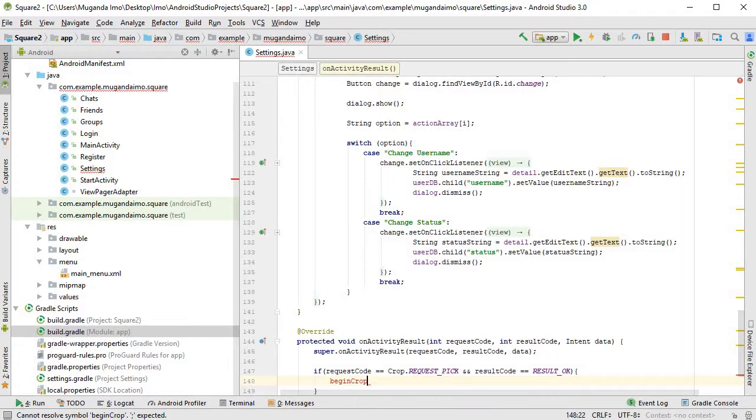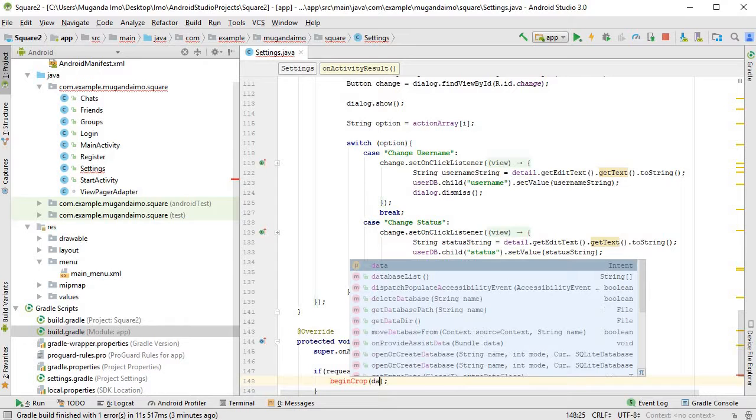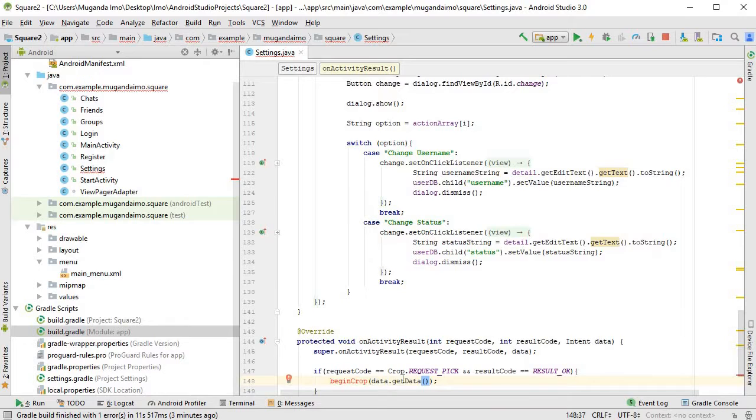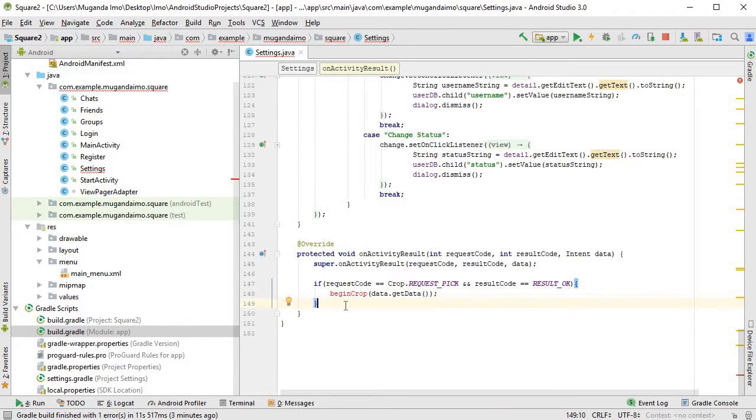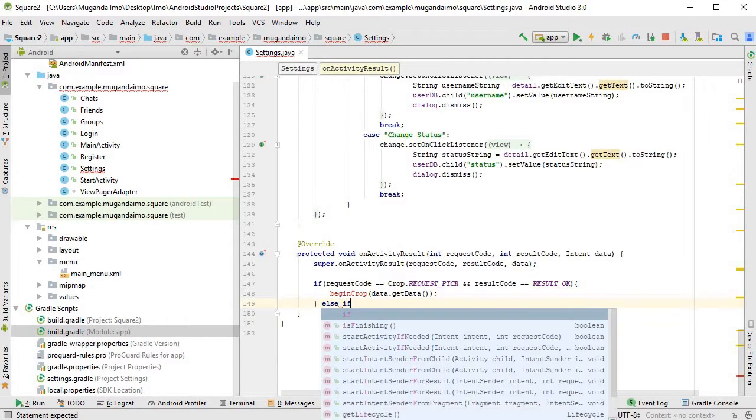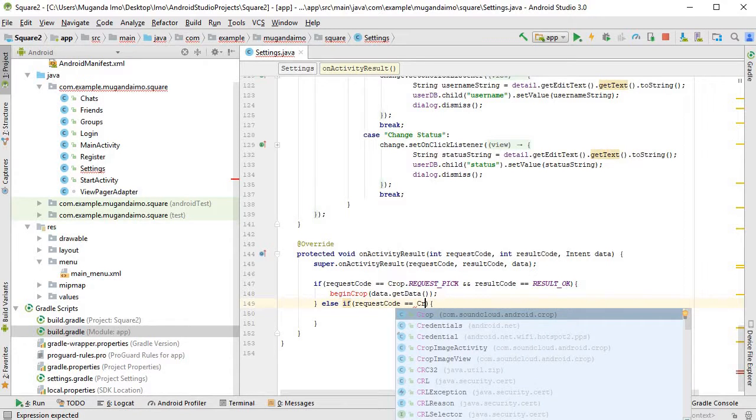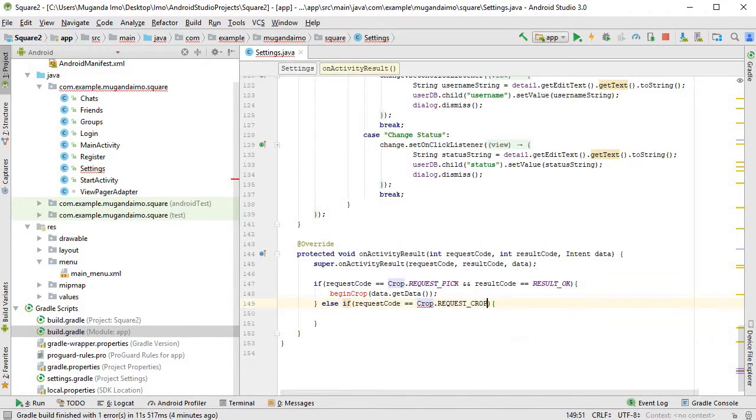So I'm going to use this method that we have not made yet, and this method will take in this intent that has been passed, data dot get data. By the way, this is just the way the author of this library implements his code. So even if you go to the GitHub, you'll see pretty much essentially the same code. It won't be exactly the same, but it will be similar. Else if request code is equivalent to crop dot request crop,